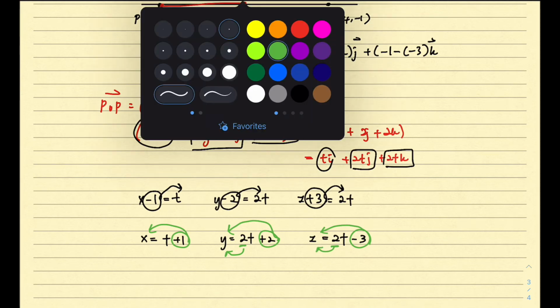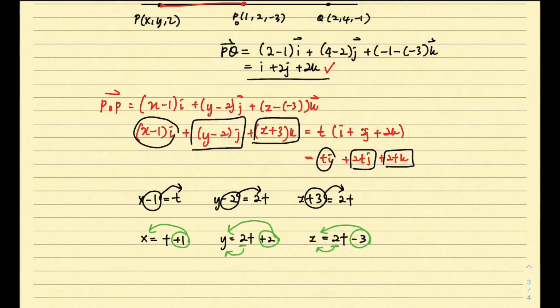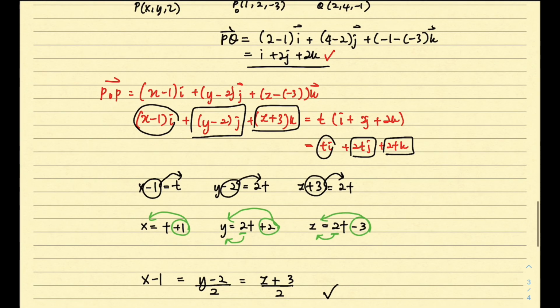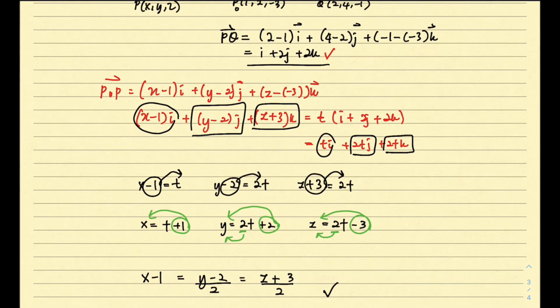So, what will you get for the Cartesian form of the equation? You will have X minus 1 equal to, for this one, you have Y minus 2 over 2, which will equal Z plus 3 over 2. So, this one is the Cartesian form. So, we can check back whether this Cartesian form